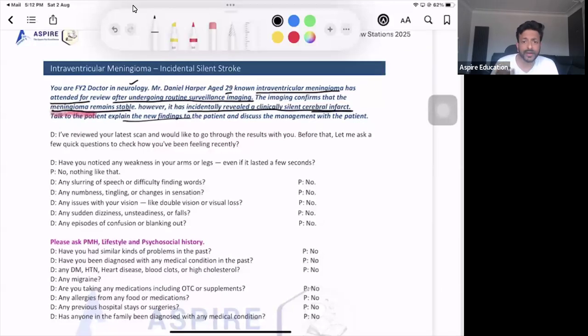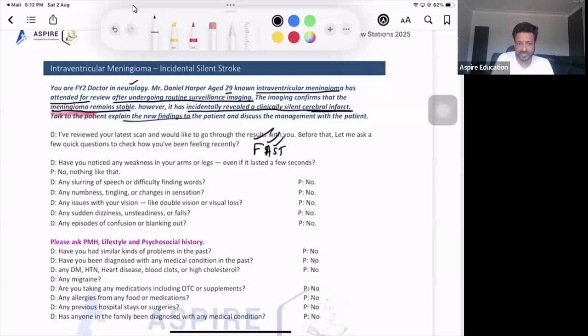So we'll start. How can I help you, doctor? I'm here for my report because I had this surveillance scan imaging because I've been a diagnosed case of meningioma. All right. So I've reviewed your scan and I'll go through the results in a while. Before that, I would like to ask you some questions because the patient has got this infarct, right? So you have to ask questions about stroke. Mainly, you have to ask about FAST symptoms, isn't it? Any facial drooping, any arm weakness, any slurred speech, if you've got any problem with swallowing, for example, any problem while walking, and ask if these things